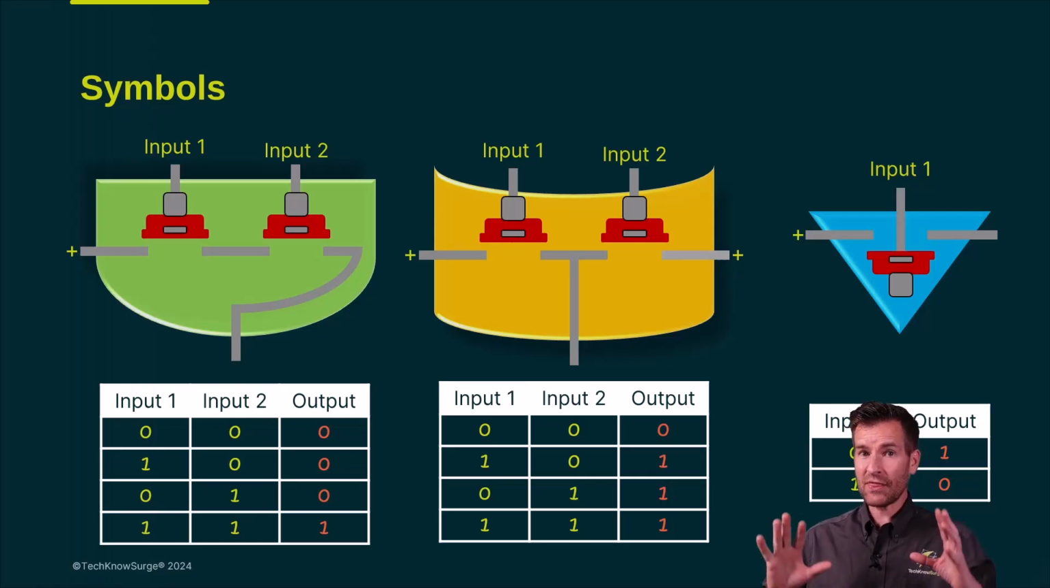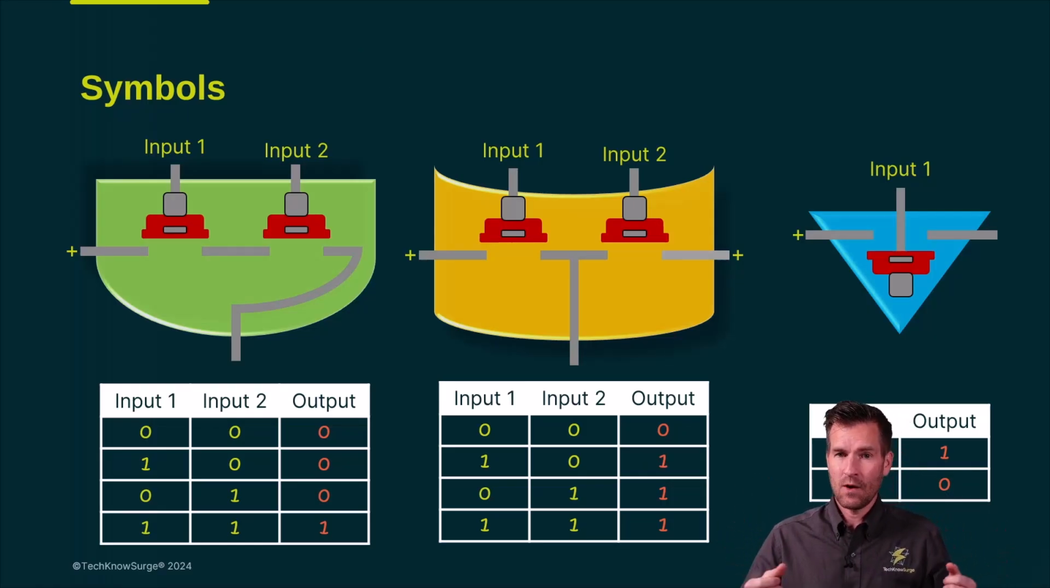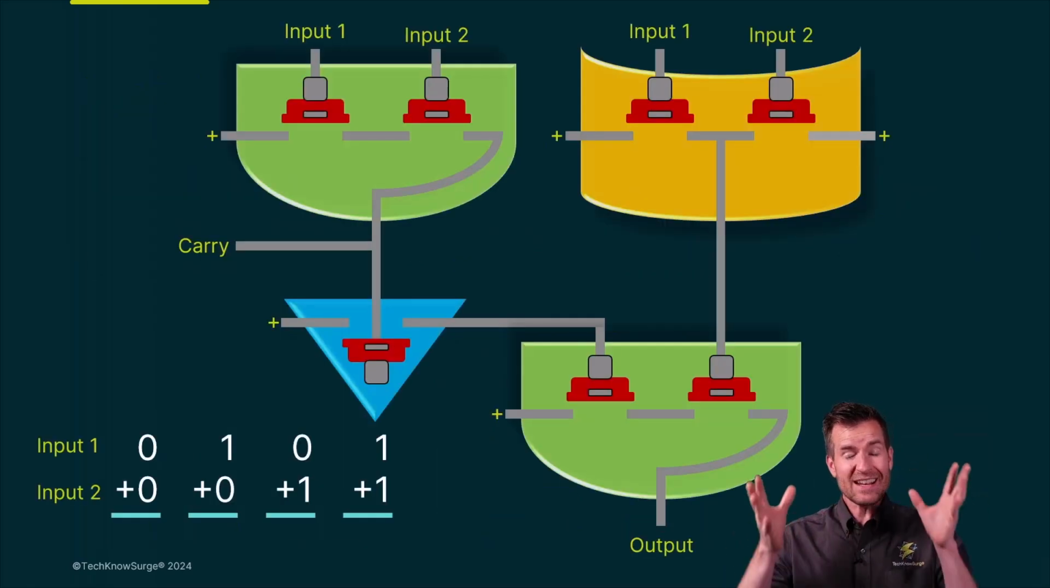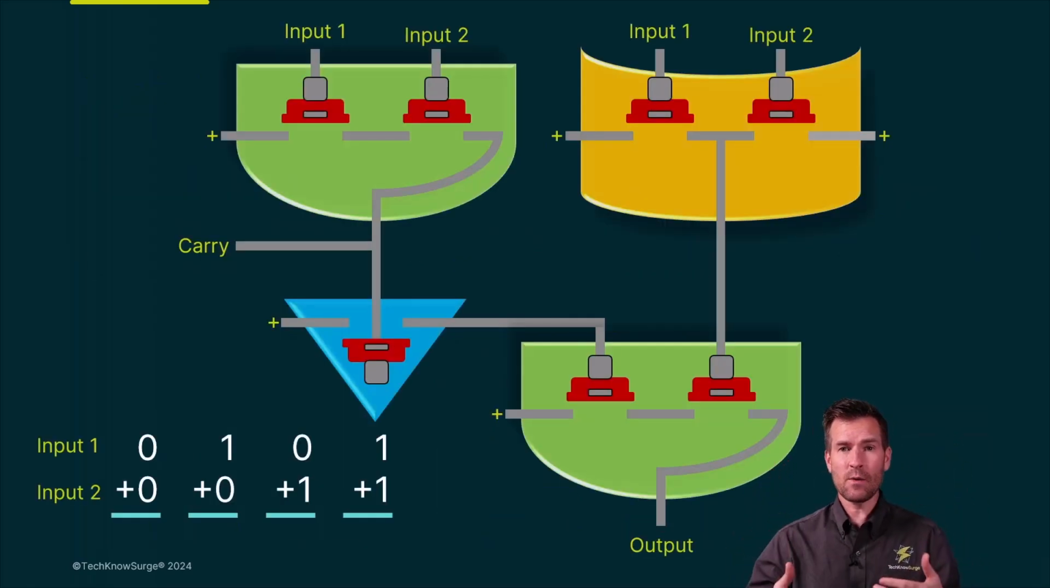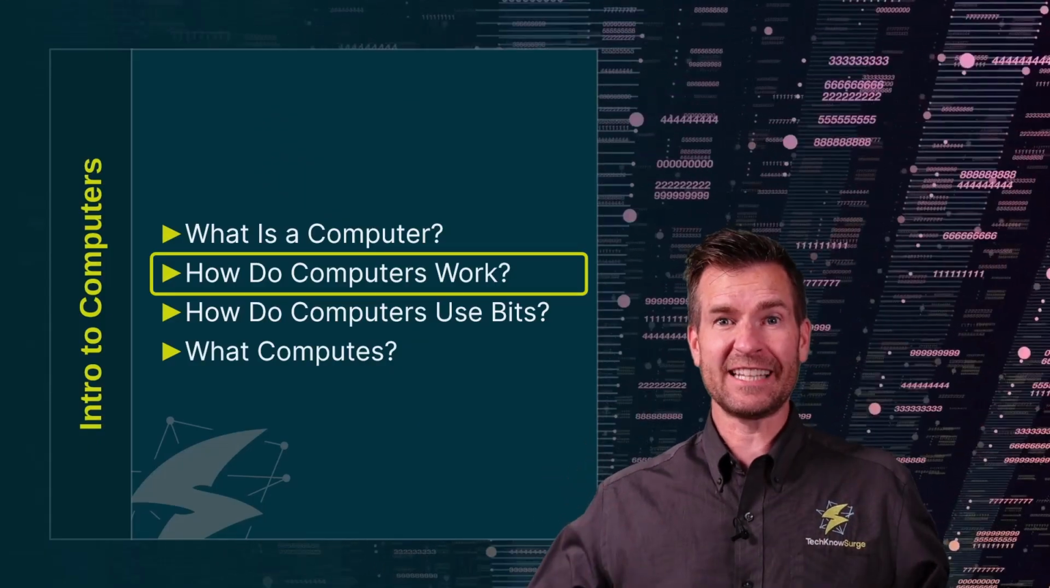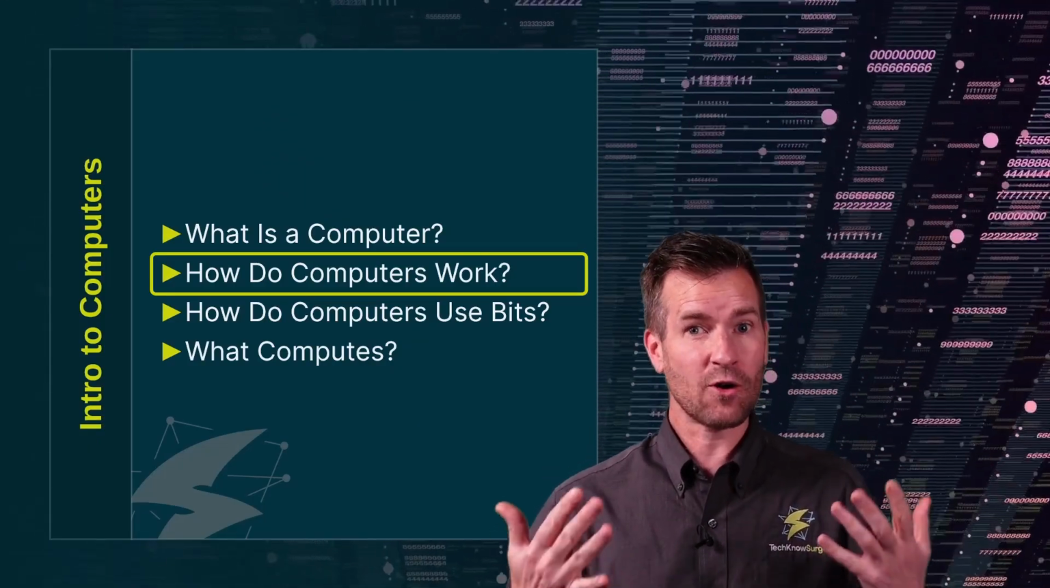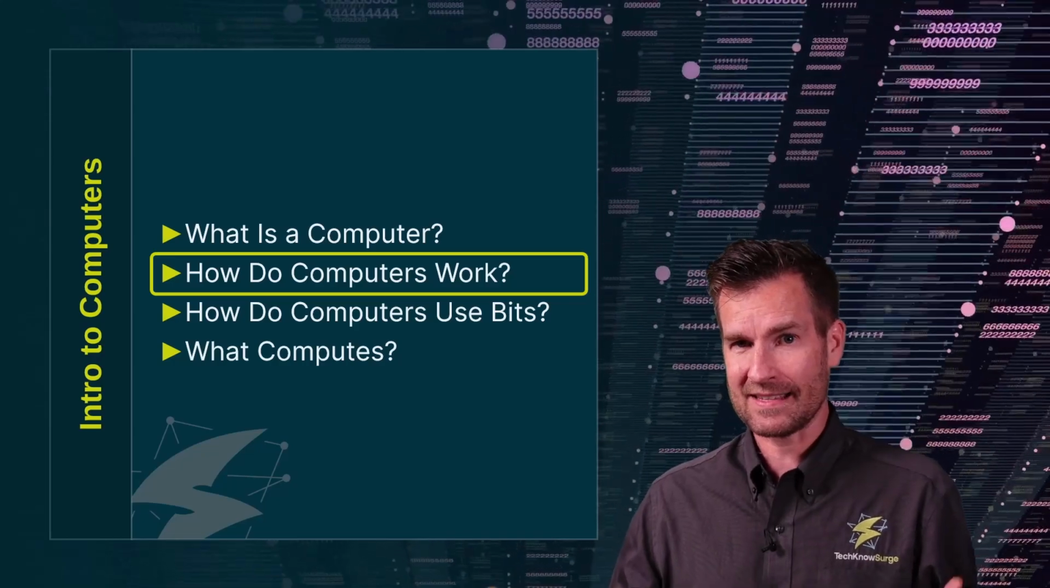So we'll talk about the different gates that we have, whether it's an AND gate or an OR gate, and how we can assemble those into some sort of circuit so that we can do things like add two bits together. Once we have an understanding of these ones and zeros and how computers can calculate things using them,